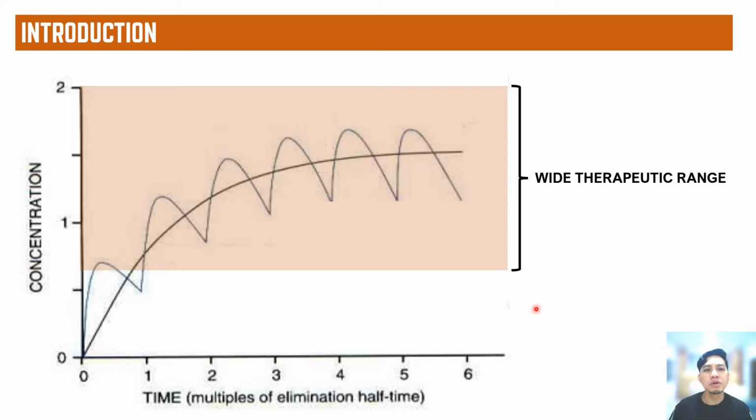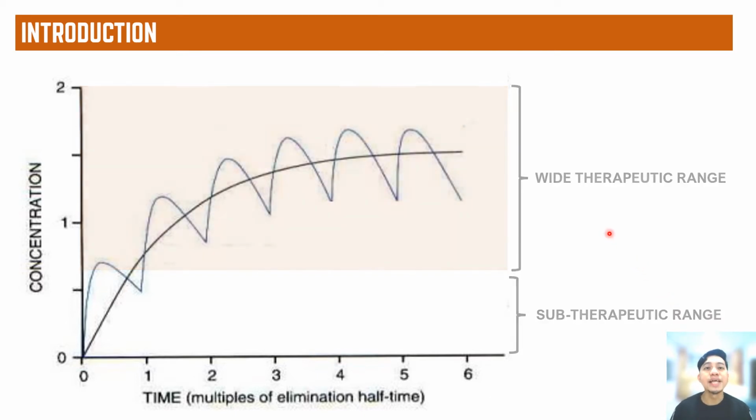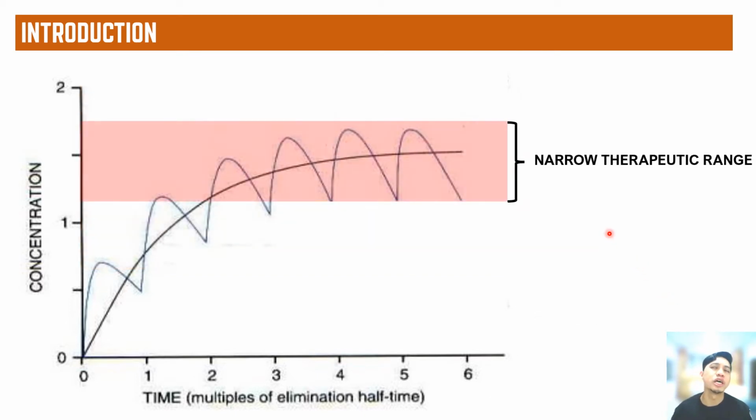If the plasma drug concentration is below the therapeutic range, it is called the subtherapeutic range, in which the patient doesn't receive maximum benefit from the treatment they have received. Some drugs have a narrow therapeutic range, such as warfarin, antibiotics such as aminoglycoside and cyclosporine, and drugs used in the treatment of epilepsy such as phenytoin and carbamazepine. Their plasma drug concentration should be monitored periodically to make sure of the safety of the patient as well as that the patient receives the maximum therapeutic effect from the treatment from time